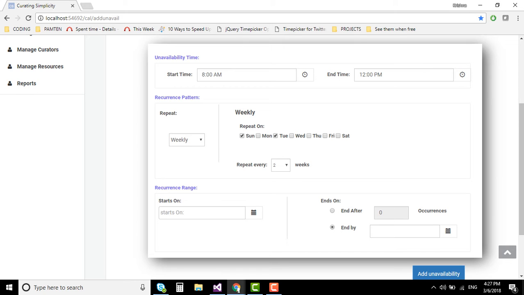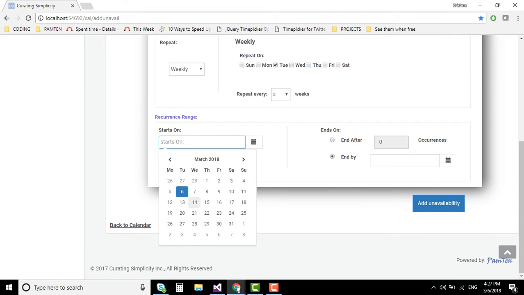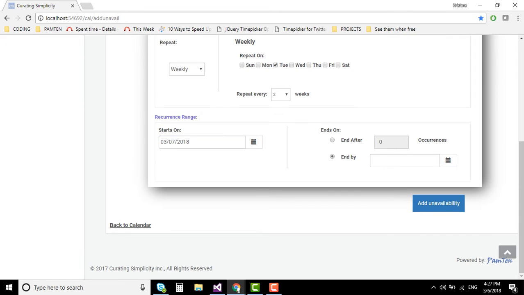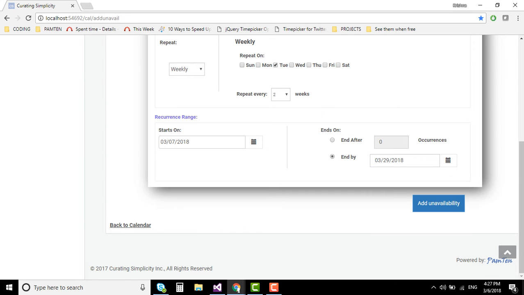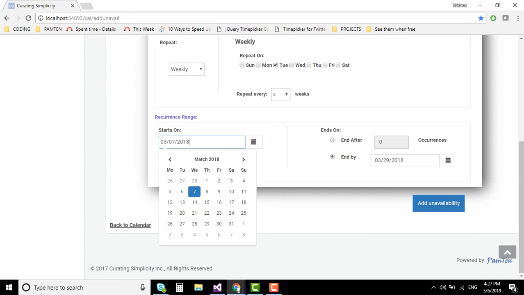You can also select multiple days, but I am going to select as Tuesday, and it would be for 2 weeks, and the start date would be 7th to end date would be 29th. So between these days, for every Tuesday 7th, there are 2 Tuesdays coming up, 3 Tuesdays coming up,